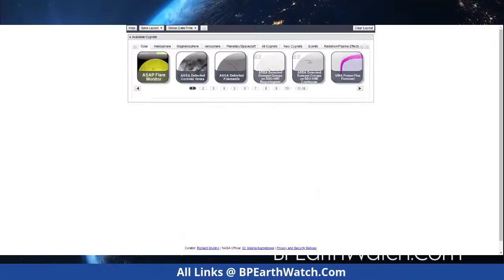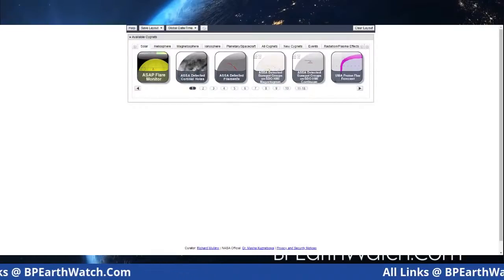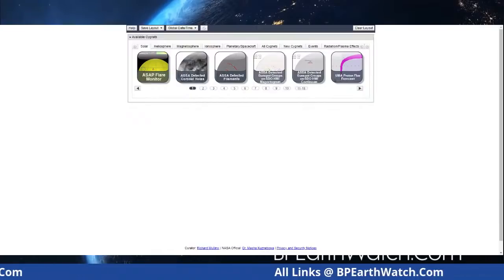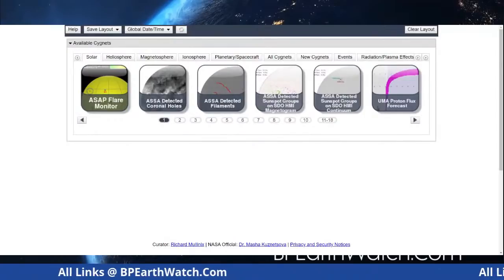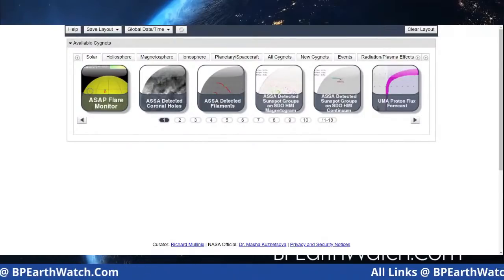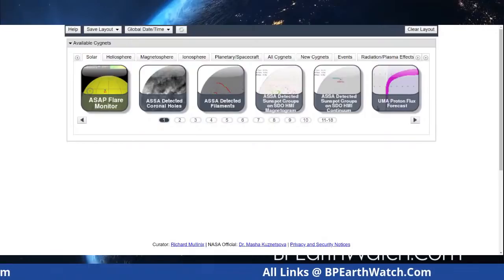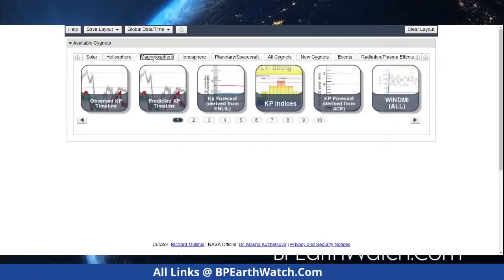And that's going to take you to a list of these different segments. Now, right here at the top, and I know it's hard to see, let me try to get it a little larger. You're going to see the listings of the different events. There's hundreds of them here, but we want to go to the magnetosphere. See that right there? I hope you can see it.